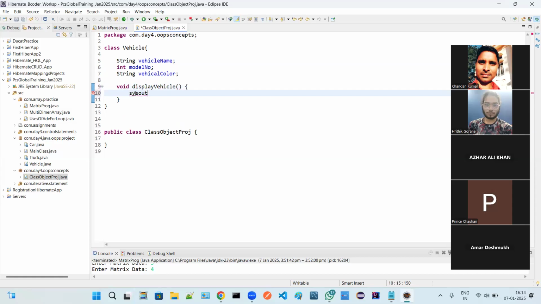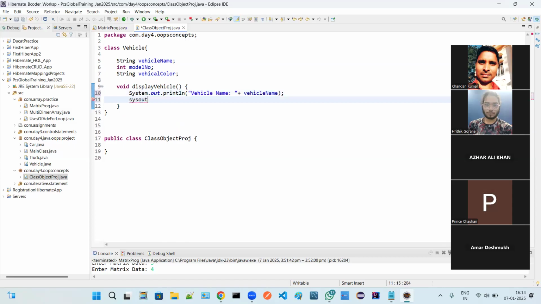It will print the vehicle name, vehicle model number, and vehicle color.